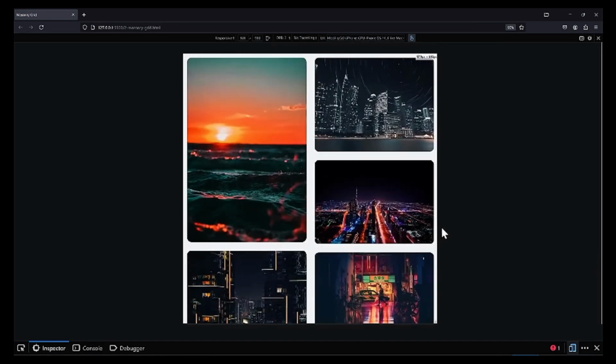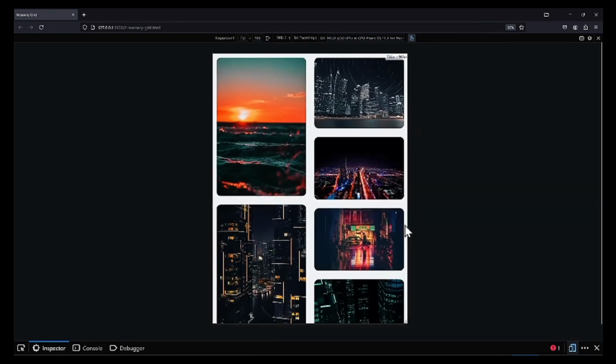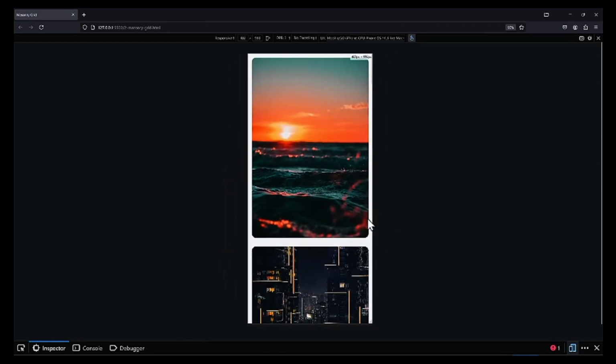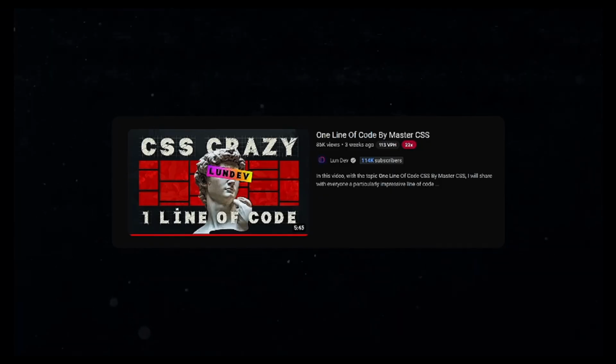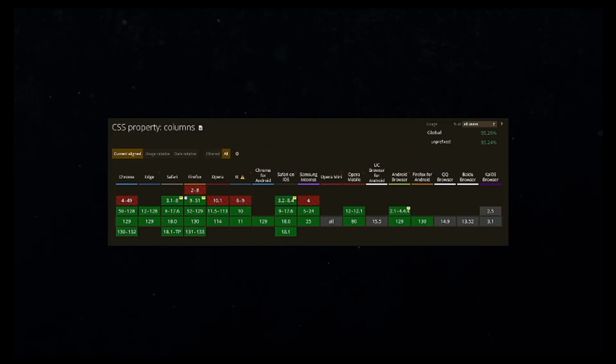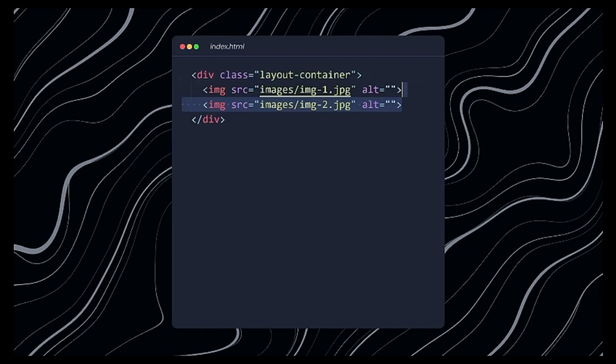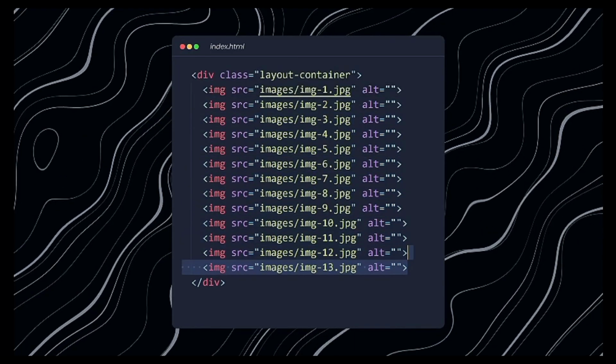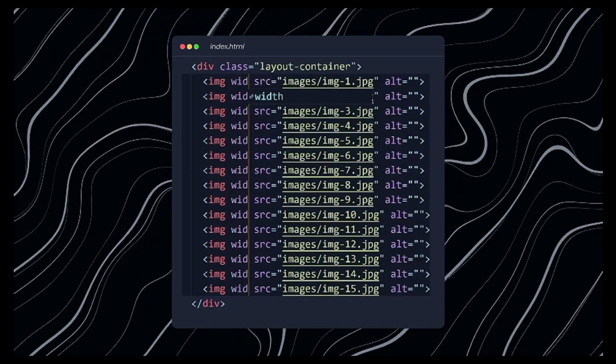And imagine how excited I was to find out that all of this is possible with one line of code. Shout out to this channel who taught me that. I'm talking about the columns property. It has amazing browser support, since it has been around since the early days of CSS, even before grid or Flexbox existed. To achieve this layout, add a bunch of images to your layout container and specify their width attribute